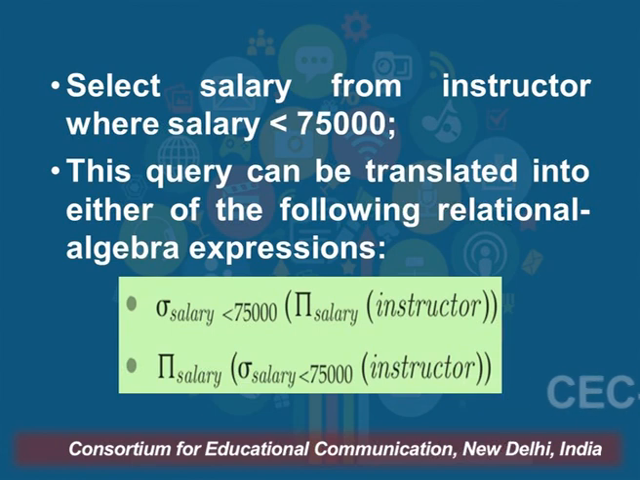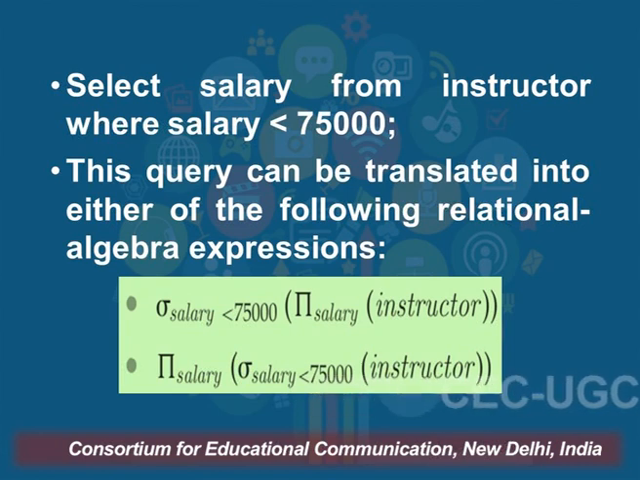So, there are two different relational algebra expressions. One says we are going to pick that particular column, and within that particular column we are going to look for the salary figure which is less than 75,000. Another relational algebra expression says you look for the salary less than 75,000 first on that instructor relation,